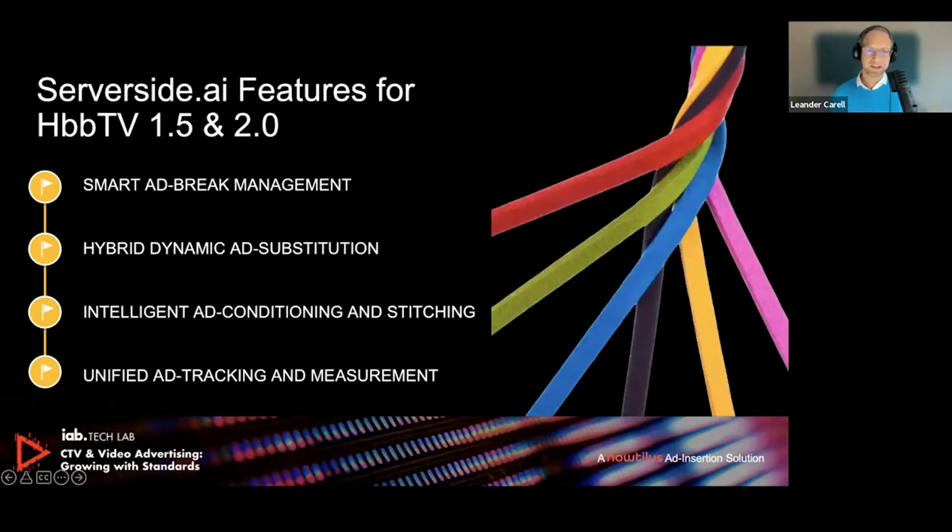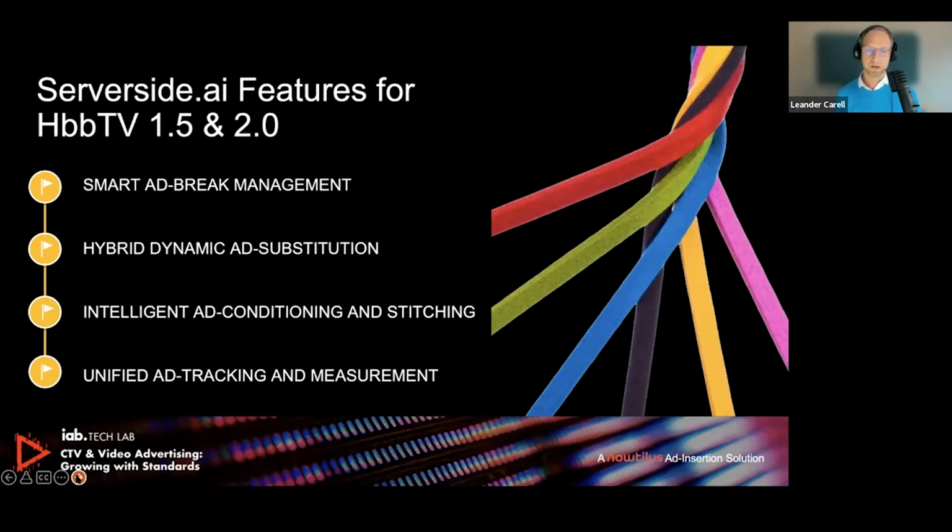Next. In a nutshell, we support smart ad break and pod management to allow processing of TV schedules. With hybrid dynamic ad substitution, we combine highly scalable server-side stitching of personalized ad breaks with client substitution over broadcast. We have intelligent ad conditioning and stitching, which allows device-based decisioning on what transport format has to be served. And finally, we enable unified ad tracking and measurement of both mirror TV spots and DI ads